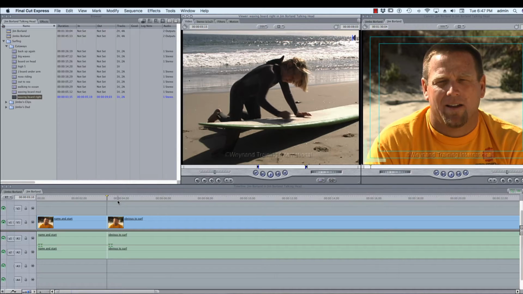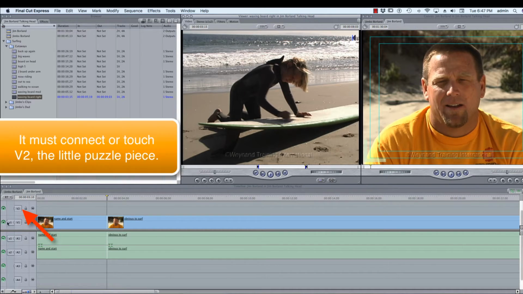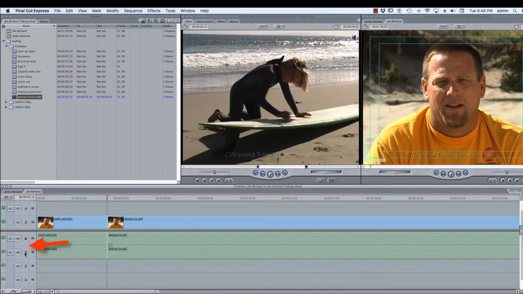Here's how the edit is handled. I'm going to take this puzzle piece and target video track 2. It's nice to put your cutaways in track 2, and I'll show you why later. Since I don't want any audio, I'm clicking these 2 locks. That's going to lock both tracks of audio. They're uneditable. They're safe. You can't screw them up. Once you've done that, targeted track 2 with your video, targeted nothing for audio, locked the tracks, and marked the good content,